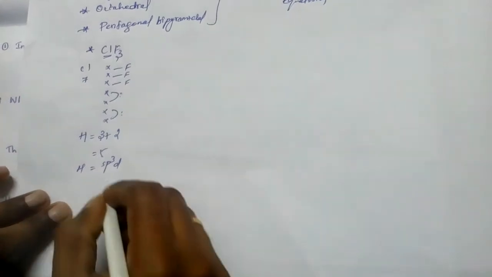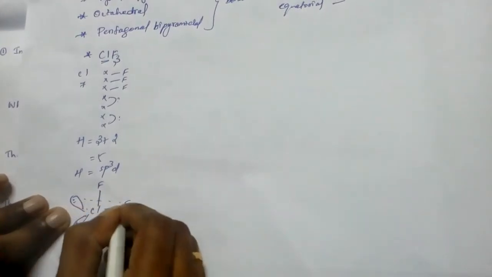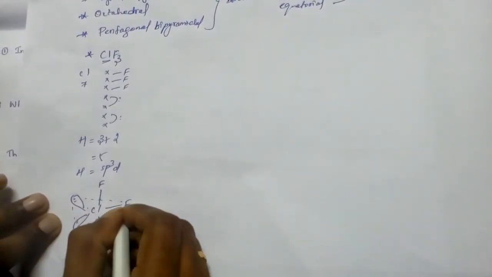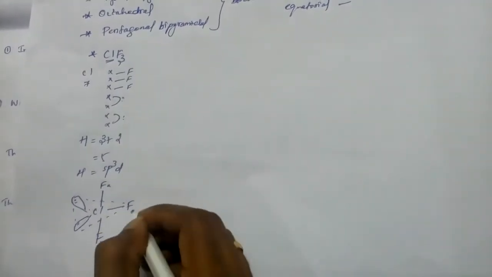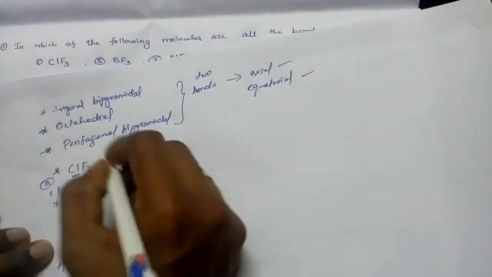So we know the structure: chlorine, fluorine, this lone pair, this lone pair, this fluorine, this fluorine. This lone pair electron and this fluorine are in the same environment. These two fluorines are in the axial position, and this one is in the equatorial position. So two different fluorine atoms are there, so two different bonds are there. Let us check another option. This is option A. Option B,